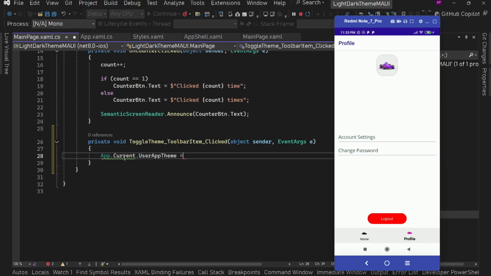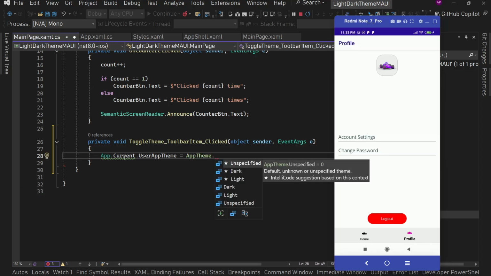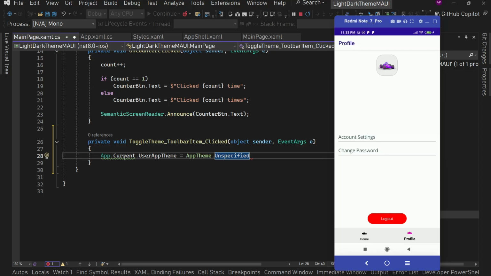First thing, if we did not set anything, it will default to the value unspecified. Unspecified means it will react to the change of the system level theme. So in this case, we'll see if the app theme is specified, this will check equals,